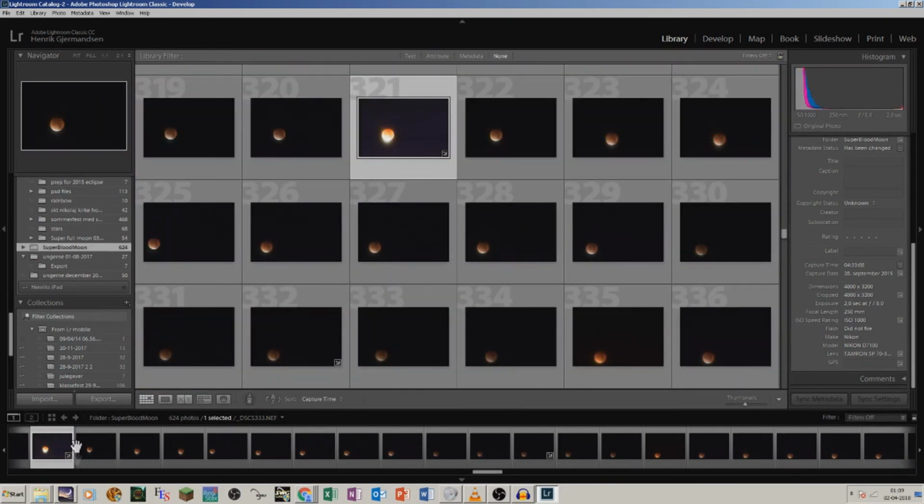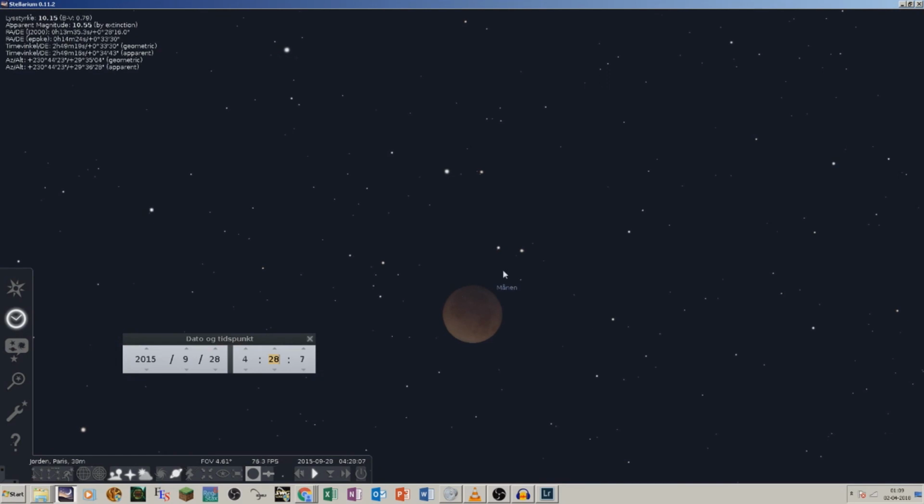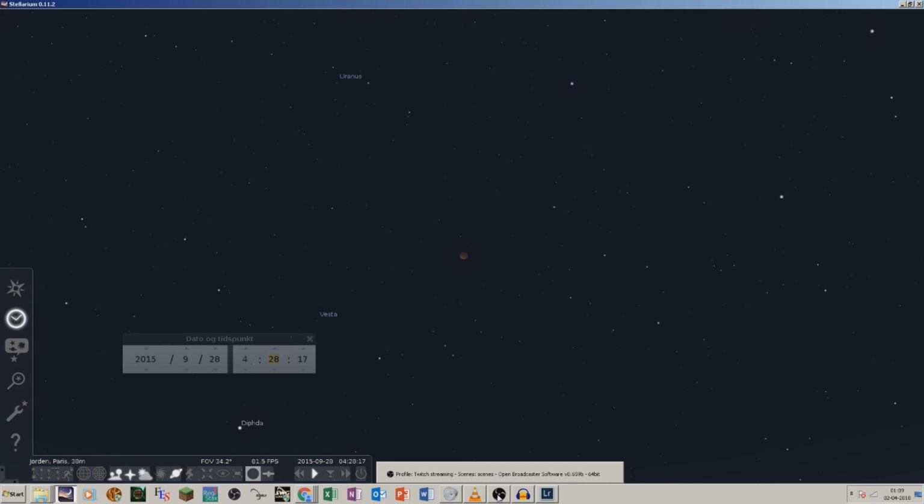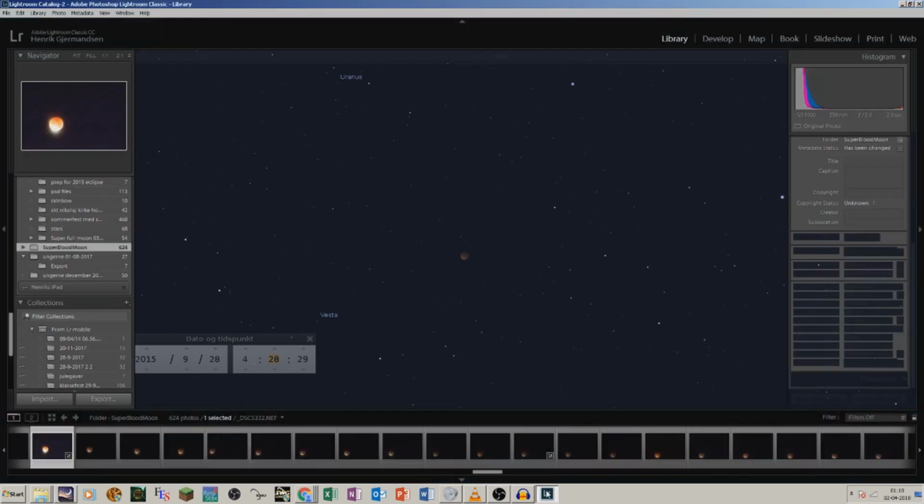So, let's just sum it up for a little bit. Riley claims that the model says it should be days. It's not days, it's still a few hours. And he says the model should be days, and in reality it should be minutes. So, the model says a few hours for the entire thing, and for this eclipse, totality roughly half an hour.